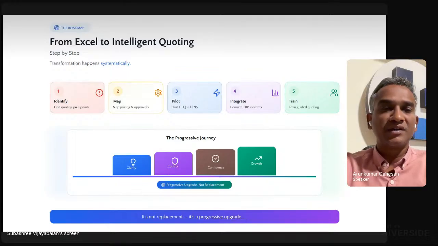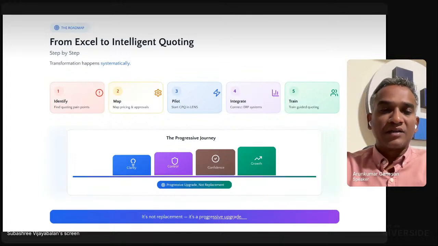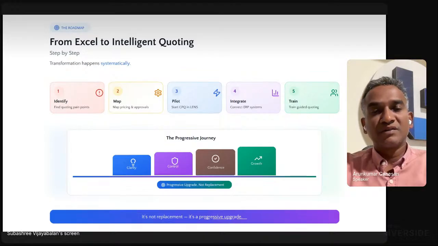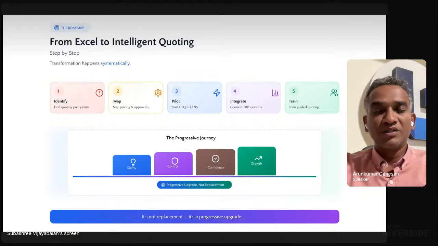Then we integrate the costing engine and inventory details to the existing ERP system, if they have one, to get the bill of material details or the customer information. All these things can be integrated from an existing ERP. And after that, we train the sales agents or their whole team to really benefit from the tool.